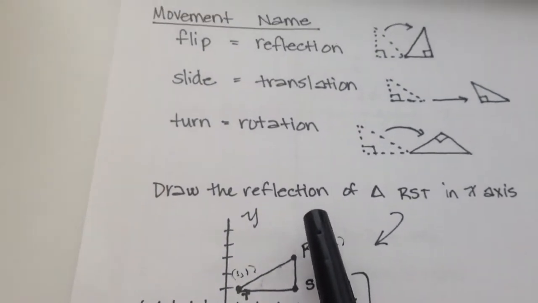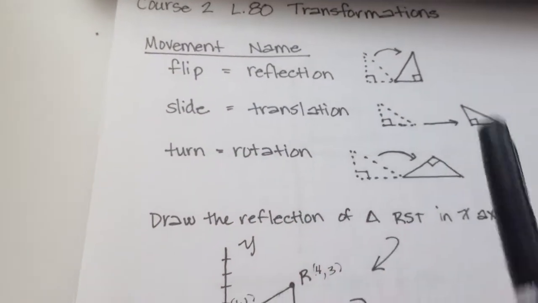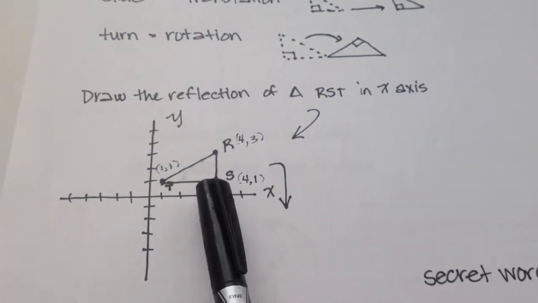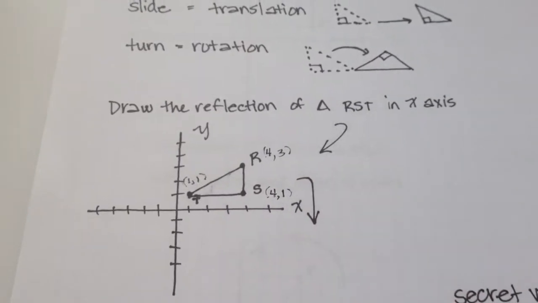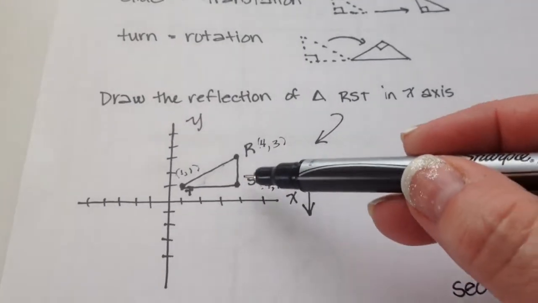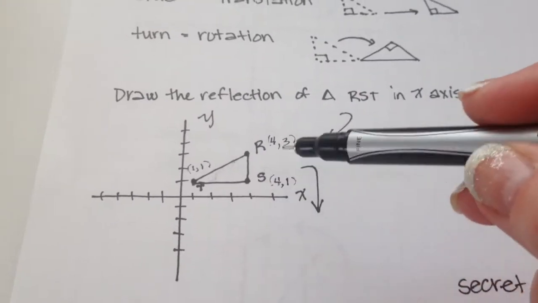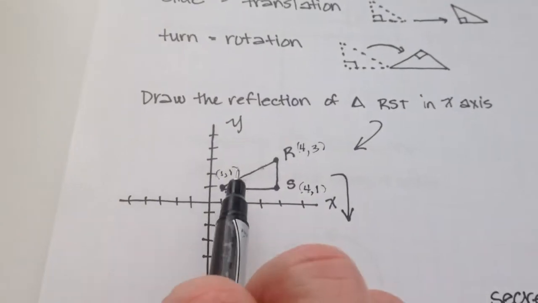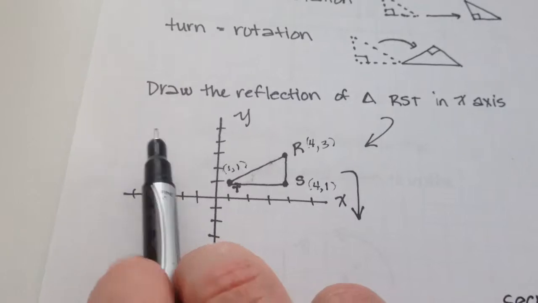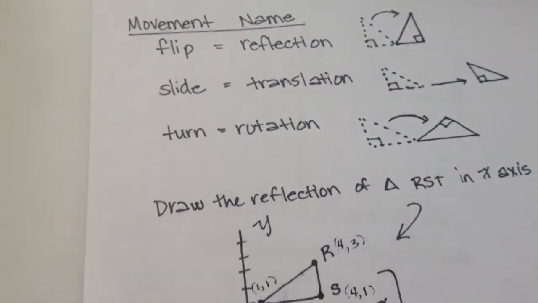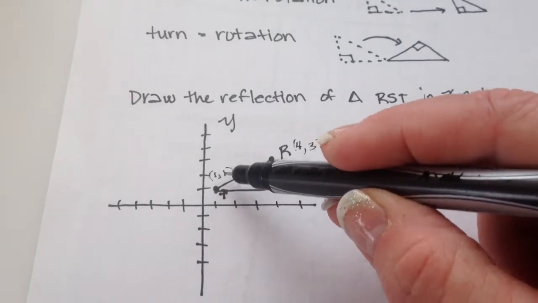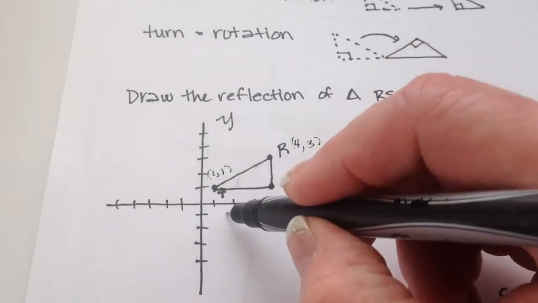So reflection, that just means it's flipped, right? So it's going to look like a reflection on a pond. So if I have to draw the reflection of this triangle, RST, in the x-axis, that means down here. So it's on either side of x. If it had said y-axis, then I would have drawn it over here. So kind of turned it around to reflect on this side. But since it says in the x-axis, I'm going to take this right here, that's 1, 1, and I'm going to go right here,